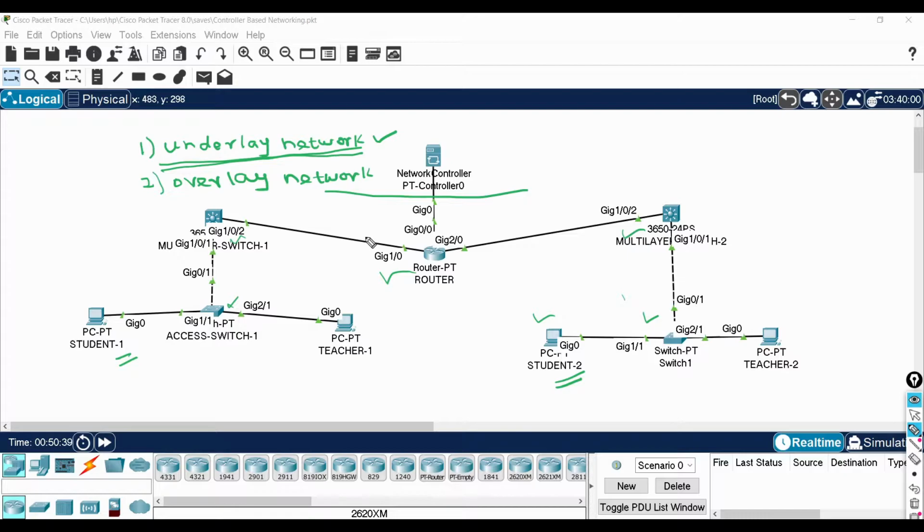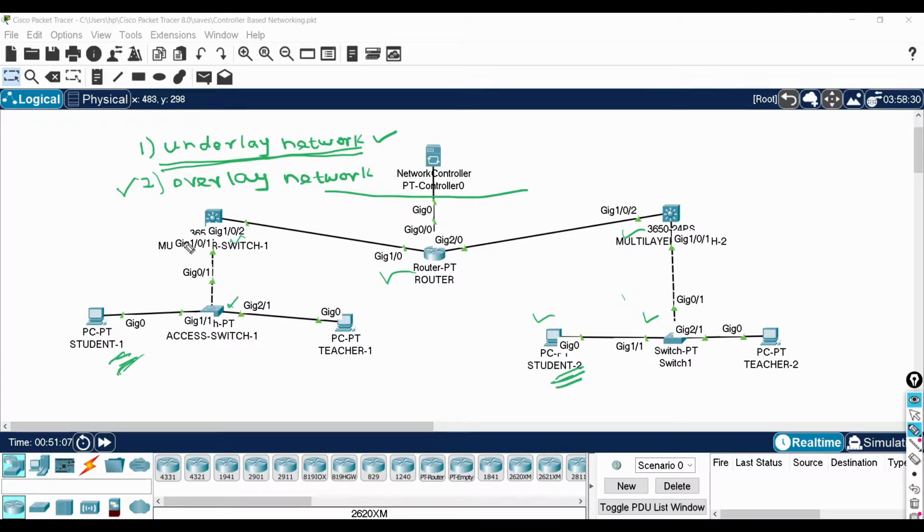Literally, software defined networking has made our work much easier. I'll tell you how this tedious work can be bypassed. This is where we use the overlay network. From the user's perspective, he just has to reach student 2 from student 1.